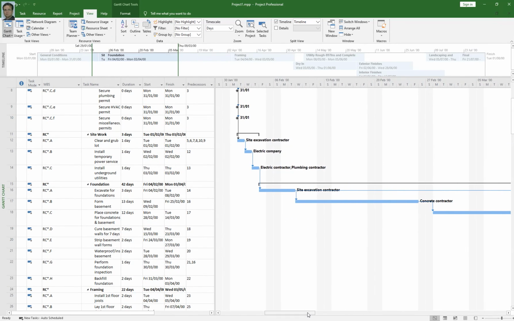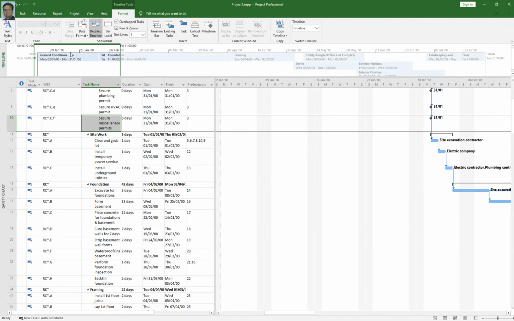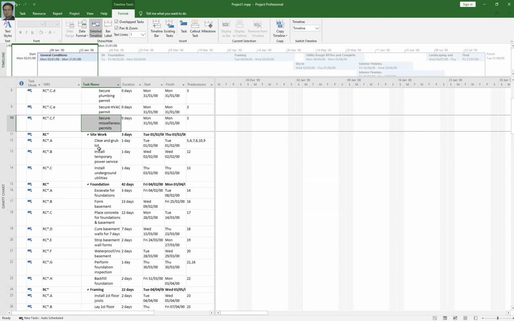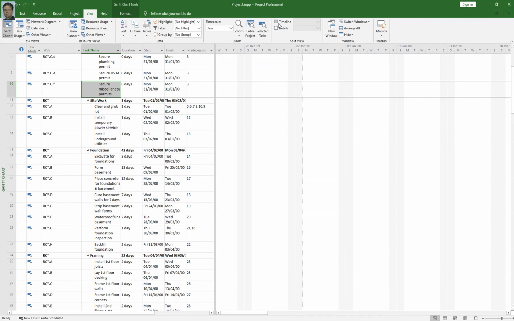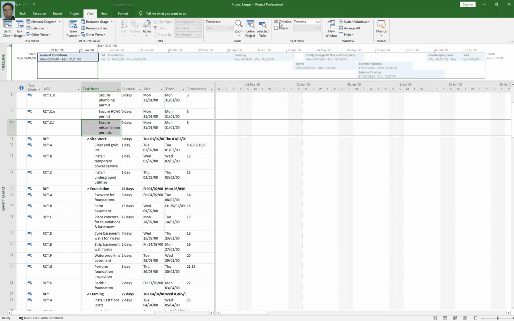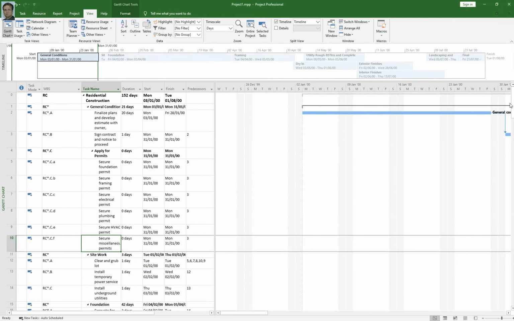You have a timeline as well. You can enable your timeline by clicking on the view tab and then clicking on timeline. By default it will be unchecked, so you can click on timeline. Timeline is a very useful tool to give presentations to your project sponsors or higher management. For example, you have a summary task called general condition.